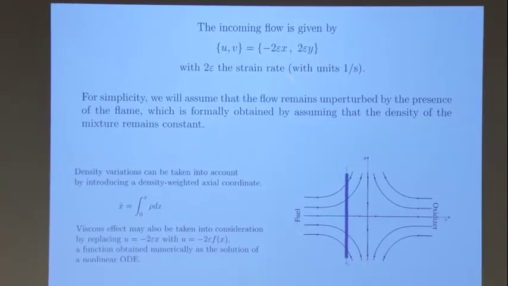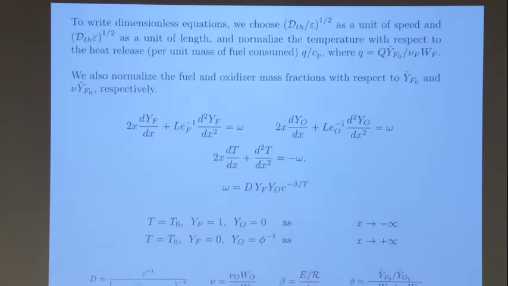If you don't assume a constant density, you can introduce a density-weighted axial coordinate, reduce the equation to something which looks like incompressible. So there are simplifications that you could do, but eventually it's more complicated mathematically. Okay, so the problem is very similar in spirit to the one-dimensional problem that I did, with the only difference